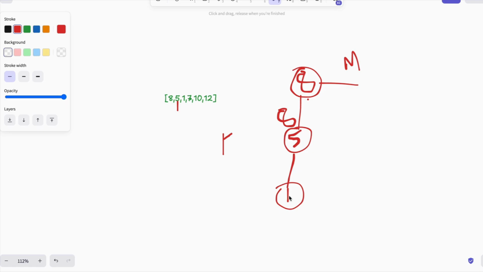Now I can't add it on the left side. Can I add it on the right side? No. Why not? Because it's greater than 1 but it's less than 5. So in a BST, what does it mean? From a parent node, all the left side should be smaller and all the right side should be greater than the parent node. From 8 it should be greater on the right side, from 5 it should be greater on the right side but it cannot cross 8, correct? So here we can't add it on the right of 1. The reason is the parent node is